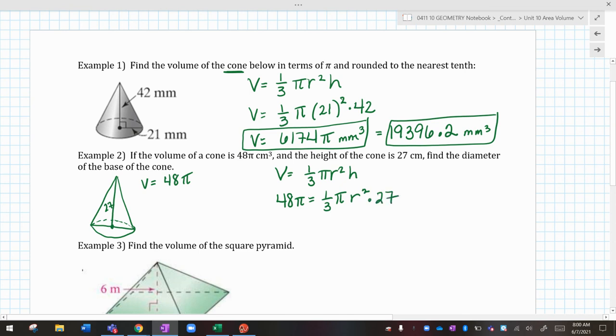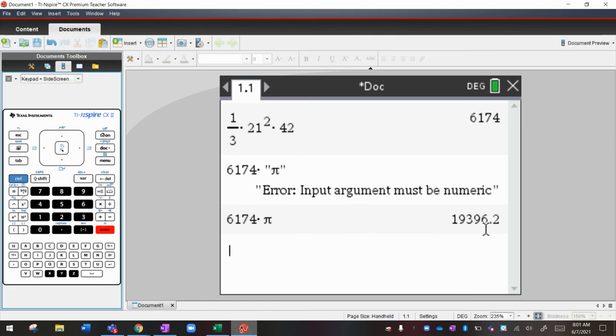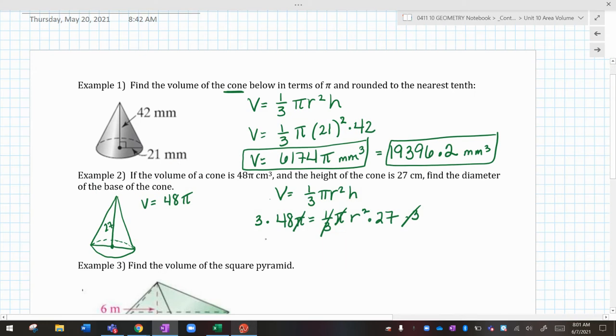They want me to find the diameter, but if I want the diameter, I could just find the radius and double it, right? So let's go with that. If I want to solve this, the first thing I'm going to do is divide both sides by pi, which effectively cancels the pi's out. Then I'm going to multiply both sides by 3 because of that 1/3. So 3 times 48, that's 144,